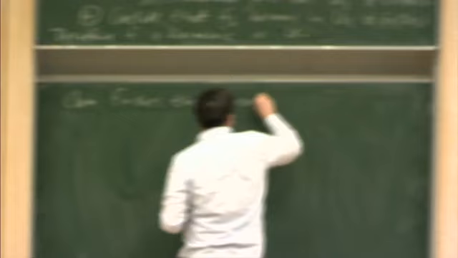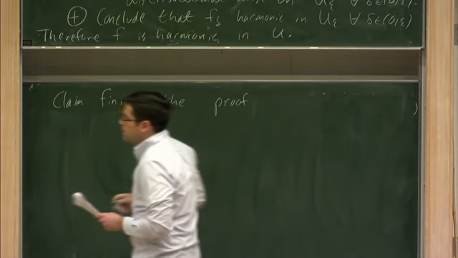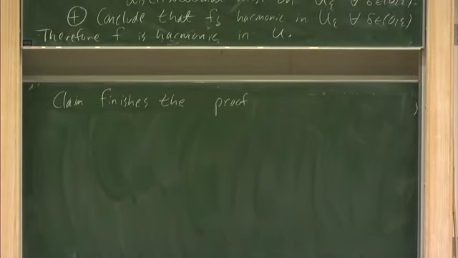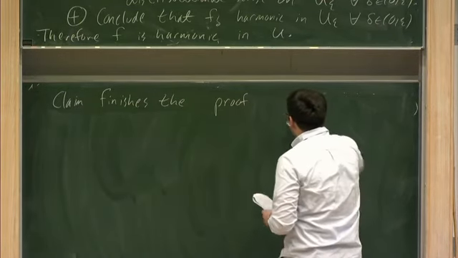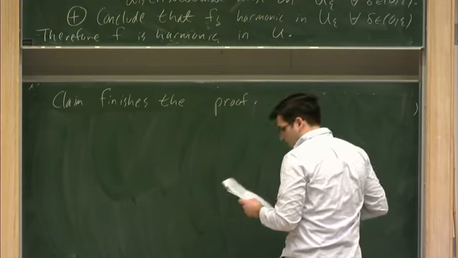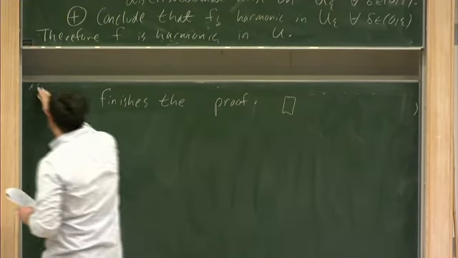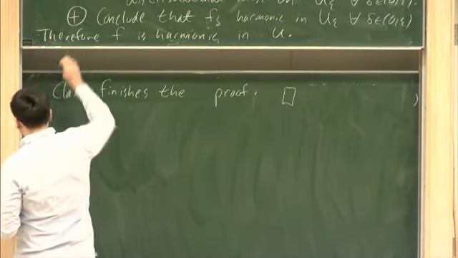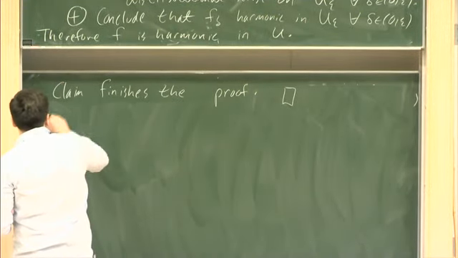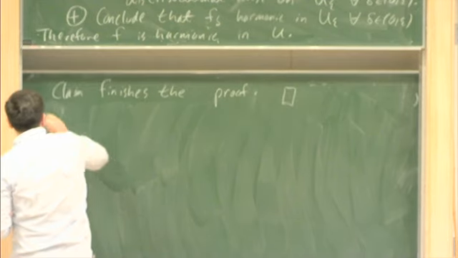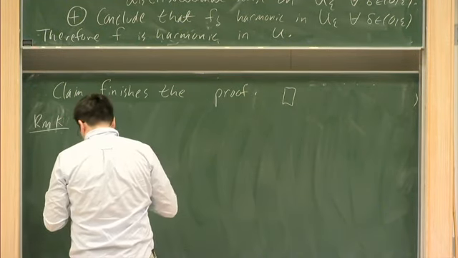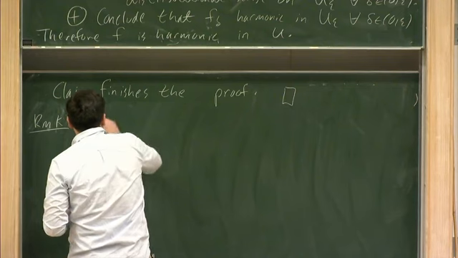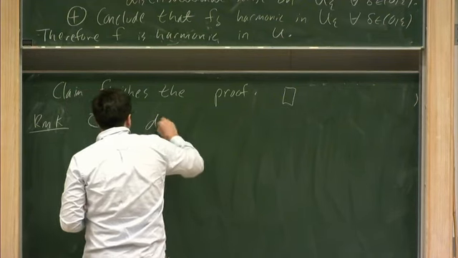Because it tells us that f hat, which we showed earlier to be harmonic in the distributional sense on U, actually is really a harmonic function in C infinity on U. Okay, and that's it. Now, one thing I want to emphasize, because we're going to use this again in just a moment, is that this claim, whose proof we sketched out, did not require